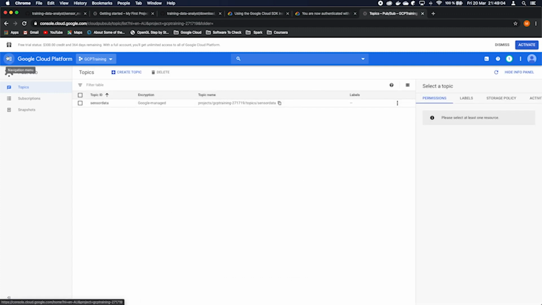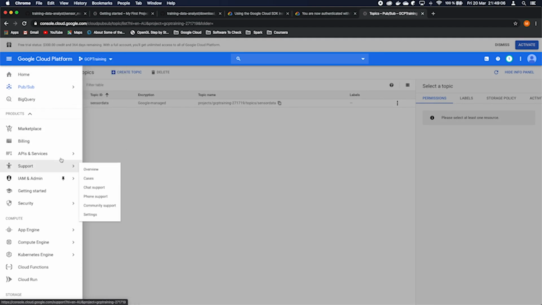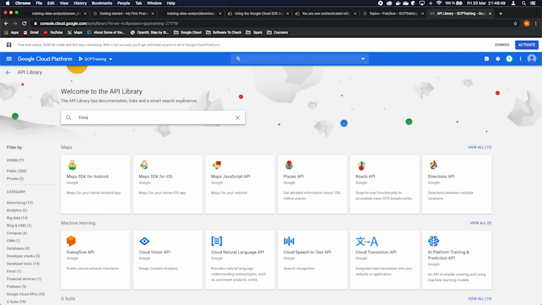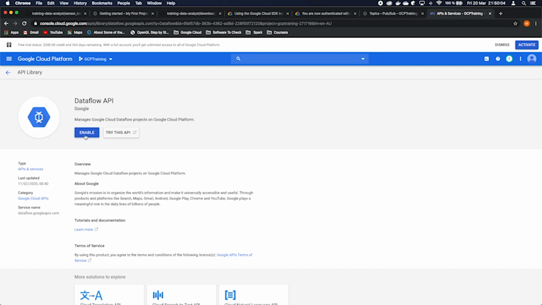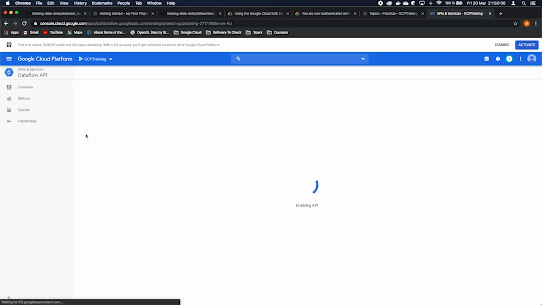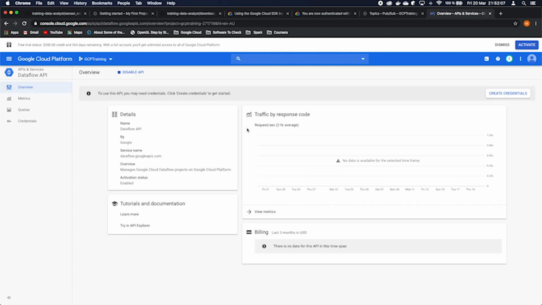By the way, if some APIs are not enabled, you can always pin and click enable API, Dataflow. We click on them and we have to check. So you have to enable here and wait for Google to enable this API. Okay, as you can see, now the APIs are enabled. It can take some little time. I just fast forward for you.